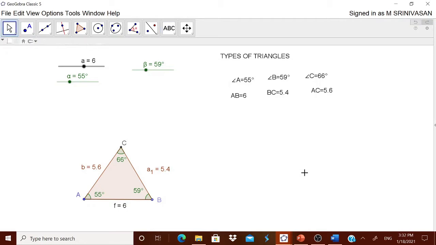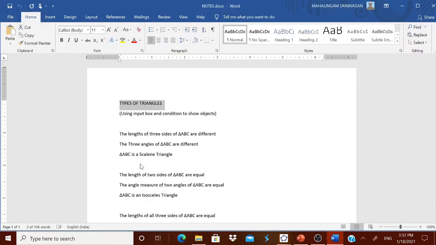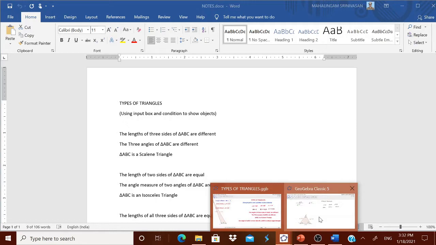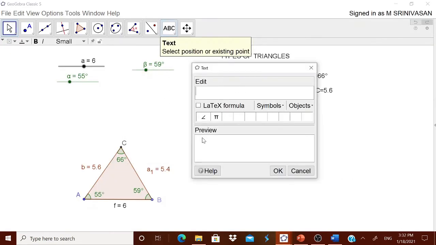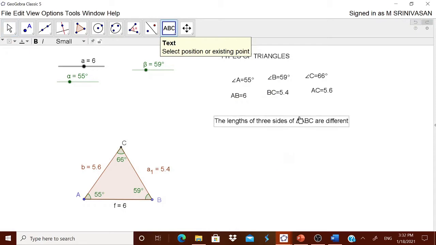Now I am pressing escape. First let me see this triangle: all the three sides are different, all the three angles are different. Therefore I am going to declare that the lengths of the three sides are different. I think you have to type this in the text box, but I have already typed it, so I am just pasting it to save some time.